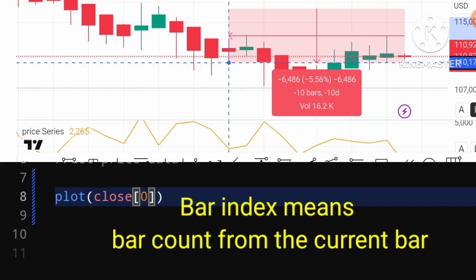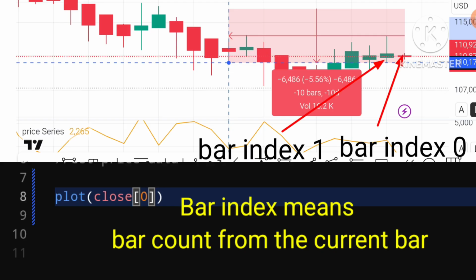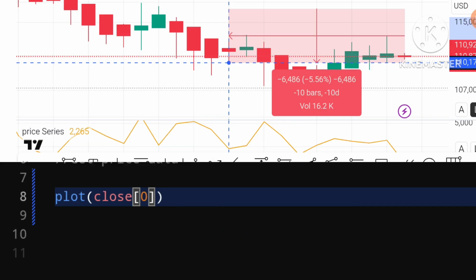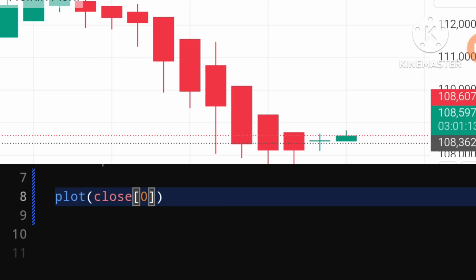The bar index just means the bar count from the current bar. So this would be a bar index of 0, bar index of 1, bar index of 2, and you get the idea. Anyway, that is just some really important information I needed to make you aware of. Let us get back to the lesson.